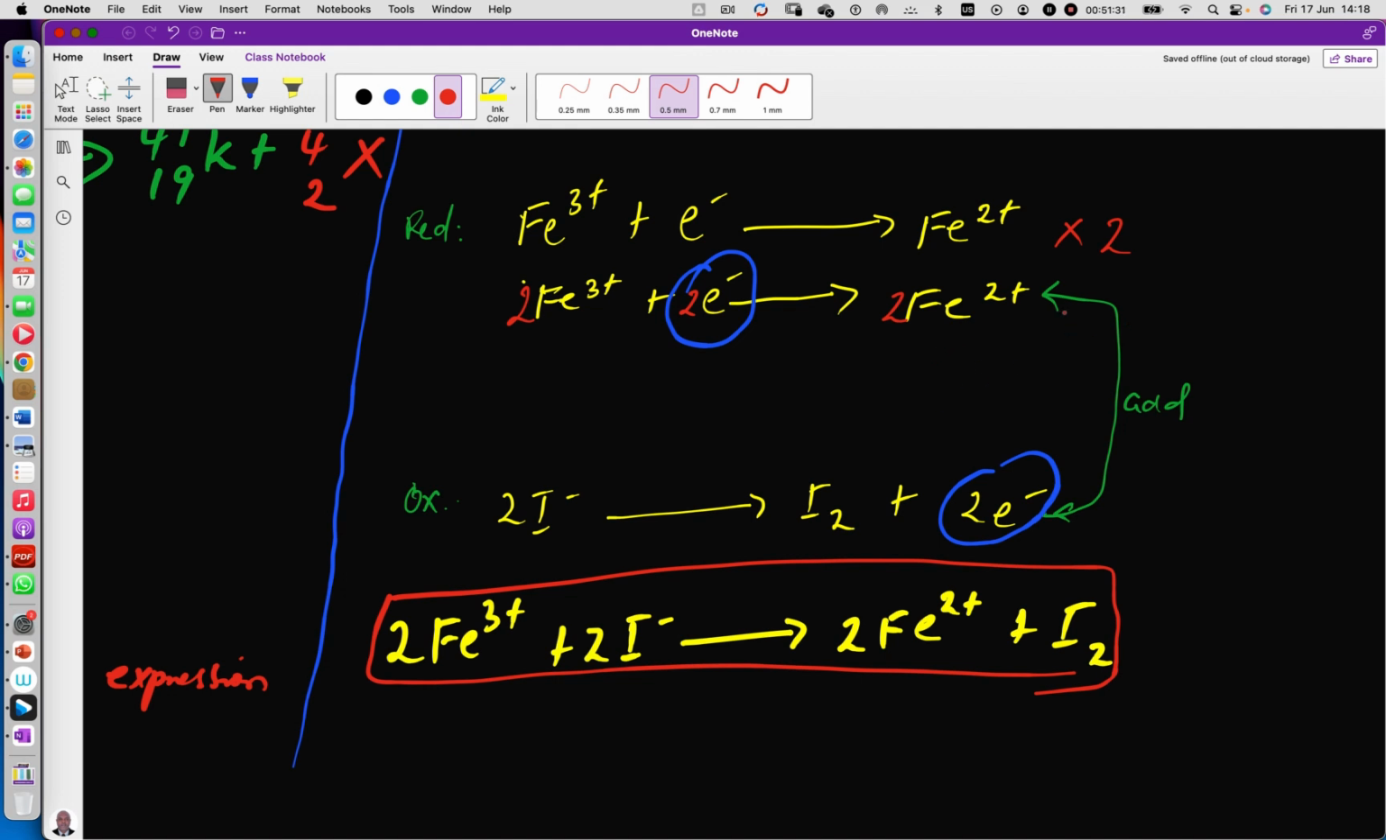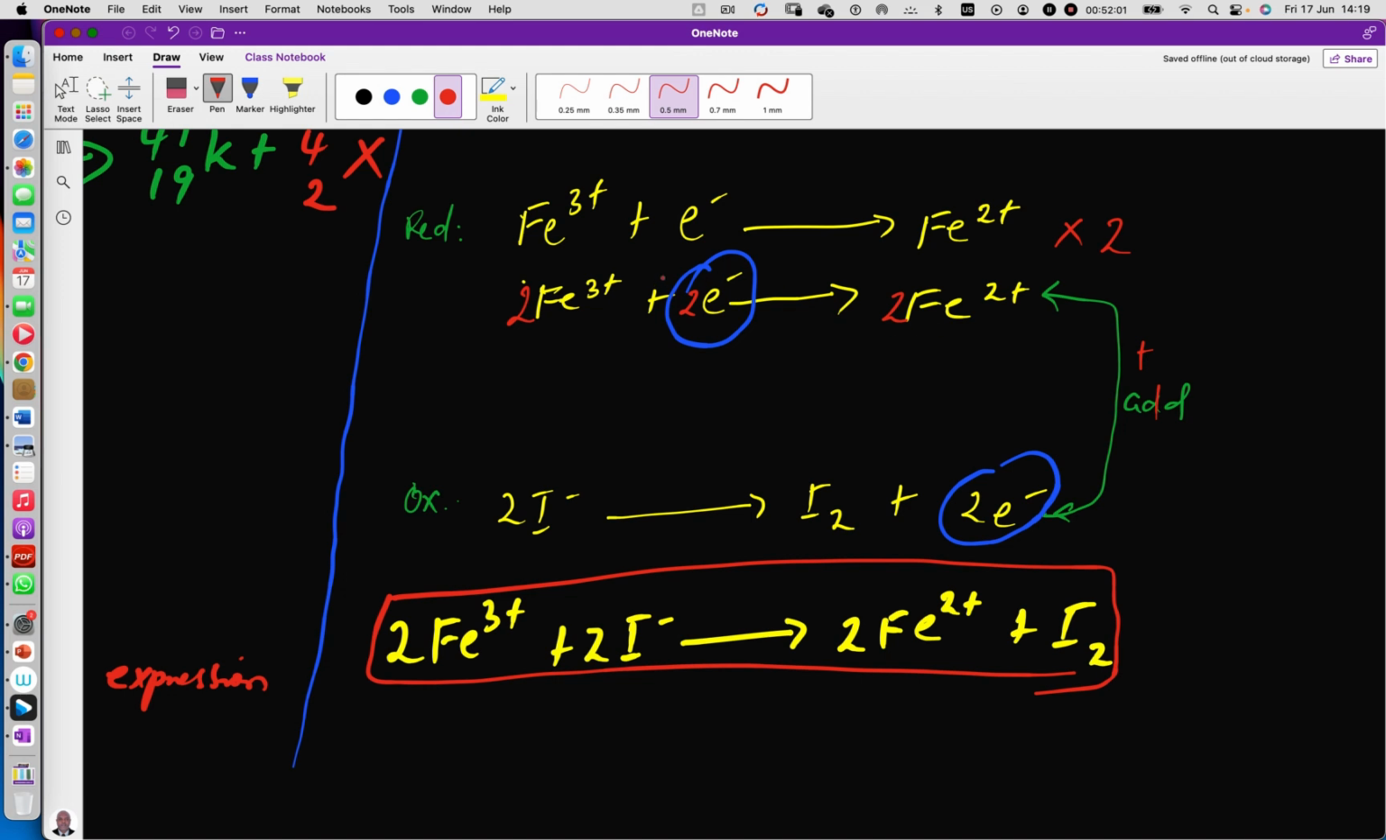And we need to add the 2 equations. This equation and this other one, we have to add them. We will add this equation and this other equation. So on adding this equation, we'll have 2 Fe3+ plus 2 iodide ions to give